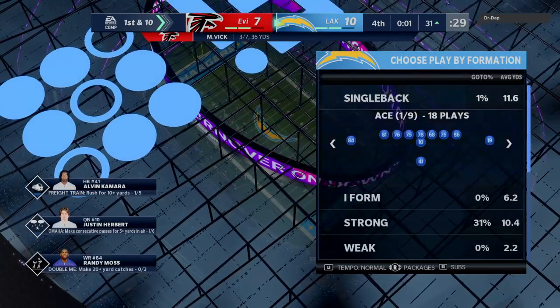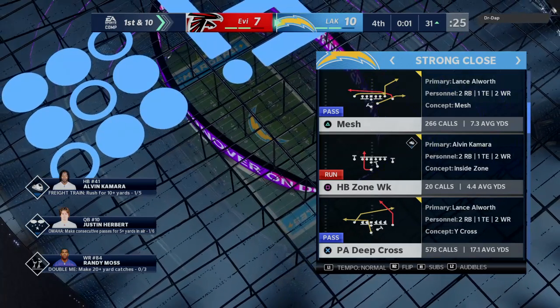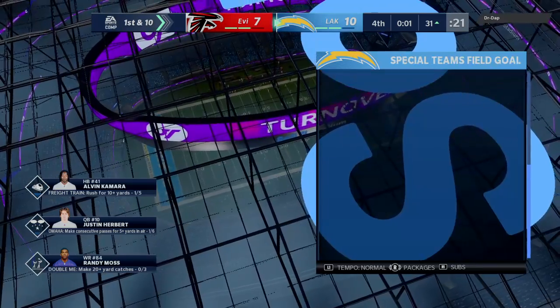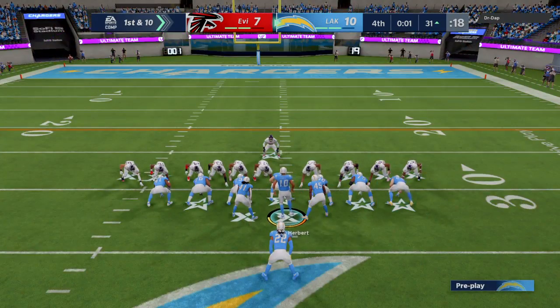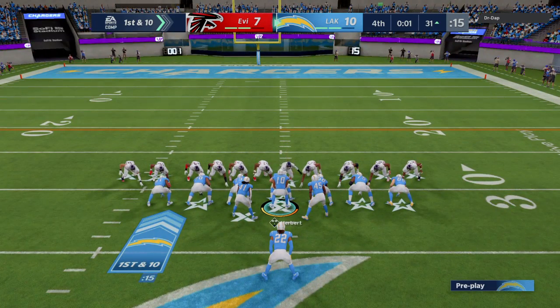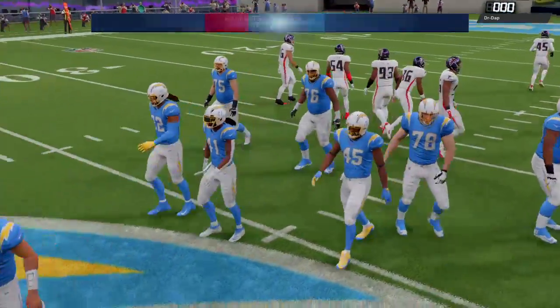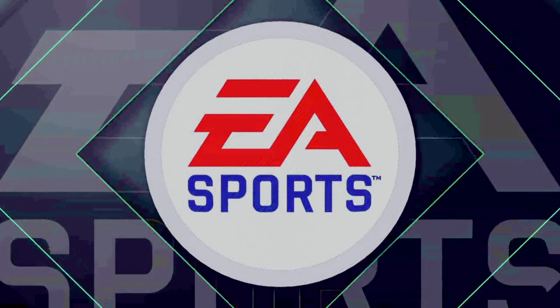1 second left to go. The safety, Buda Baker, there to force the incompletion. Everyone gears up for third down, talks about the importance of it. But fourth down, that's truly the moment of truth play, isn't it? Everything's dialed up a little bit more. And, you know, it's such a momentum play, isn't it? Absolutely, because it can flip either way depending on who converts on fourth down. Final score, Chargers 10. Well, Charles, the old saying,